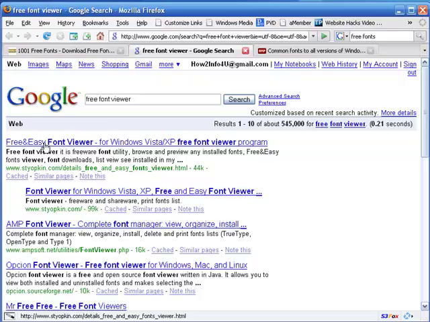So the next thing to do is to check out one of these free and easy, that's just the name here, but I did a Google search for free font viewer, and that's what came up. Yeah, free font viewer. There are some out there that you can pay for too, but hey, I'm going to go with the free guys. So you just download this and it pops up. It shows all the fonts on your system and examples,